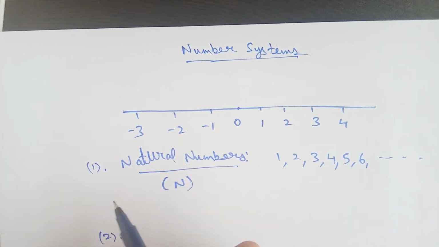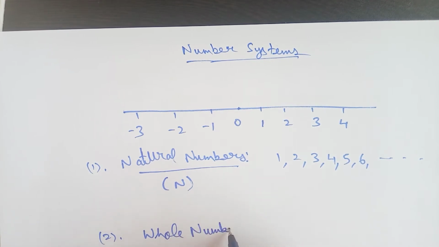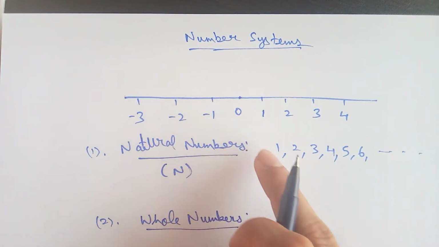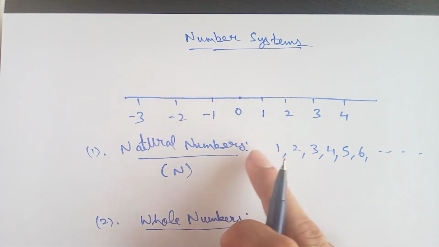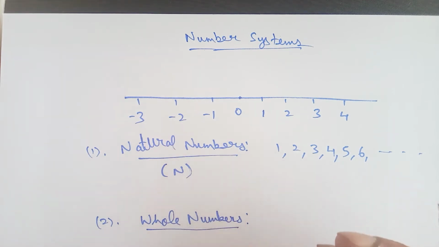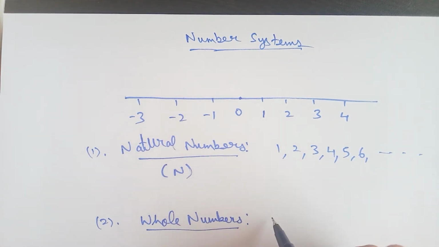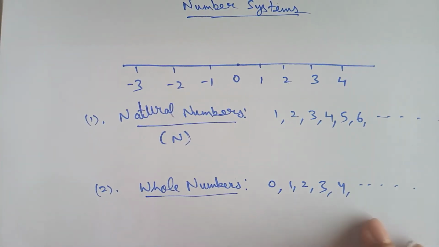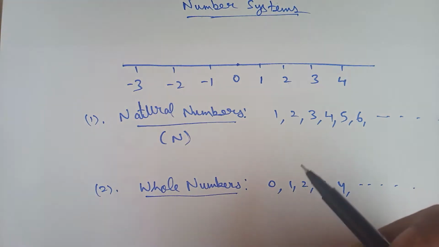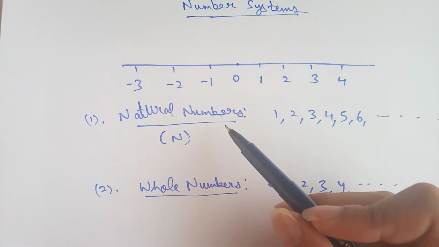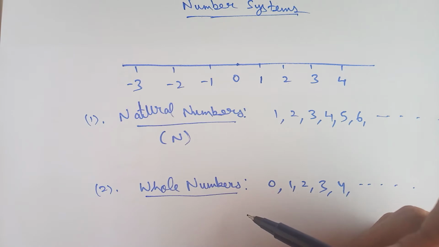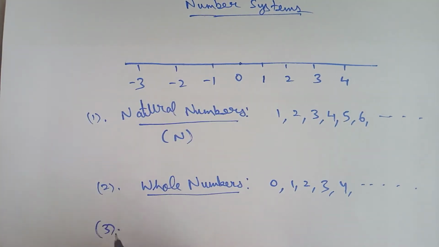Then we have another term which is called whole number. Now what are the whole numbers? If we just add 0 to the natural numbers, then that list is no longer called natural numbers, but it is called the whole number list. So whole numbers contain 0, 1, 2, 3, 4, and so on. These are collectively called the whole numbers. Now you may say that 1 is a natural number as well as a whole number. That is correct. There is another term called